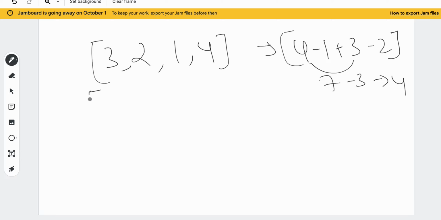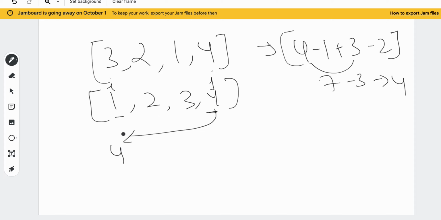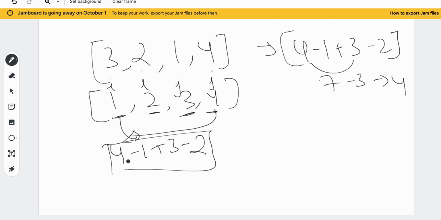So how would we approach this question? We would first sort this array, 1 2 3 4, right? i would be here, j would be here. Then what we would do, we would take max j because it is maximum, we would take this as positive and this number as negative, minus 1. Then we would increment i and decrement j. Now we would take j as positive and i as negative, right? So this is how we will solve this question.